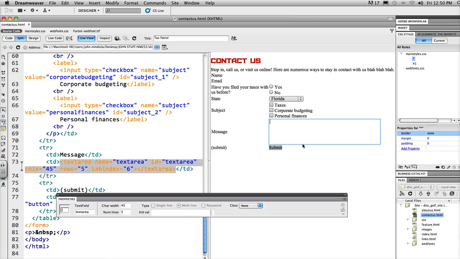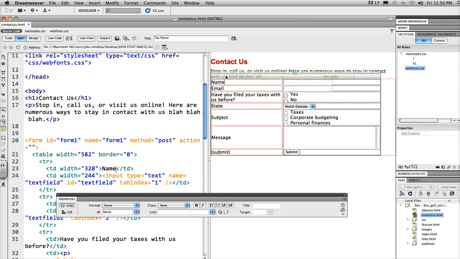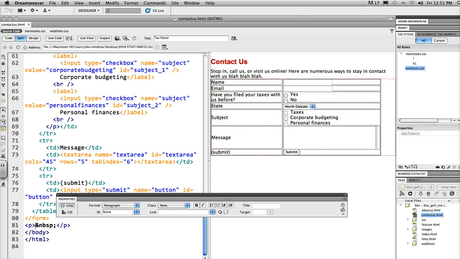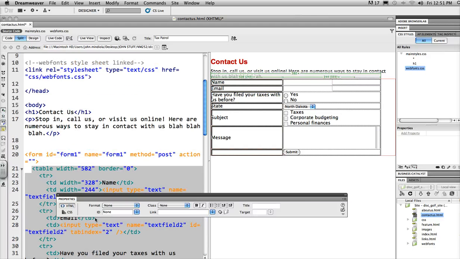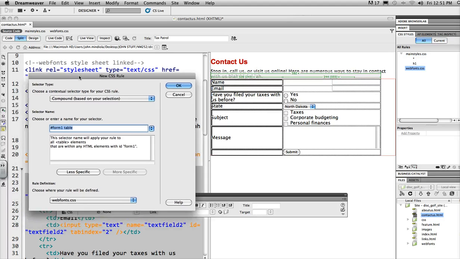So let's go split here, and let's get out of live view. Let's say we want all of these things, right? This whole, see if I hover with this, I can select all these at once. Otherwise, I can just select them all like this. I can select all these table data cells. So with that, I can go to my CSS styles menu, and I can add a new style. And let's say I want to call it